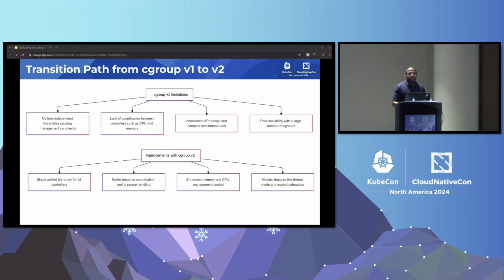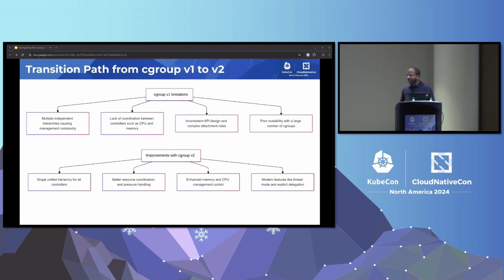And last but not the least, as the number of cgroups increases, cgroup lacks the scalability, because it manages each resource with its own hierarchy. At some point of time, it's going to get bursted because as the number of pods increases, it cannot handle those resources. To solve this issue, the Linux kernel community came up with cgroup v2, where with its unified hierarchy, it not only solves the better utilization of the resources and pressure handling, it also helps in enhancing the